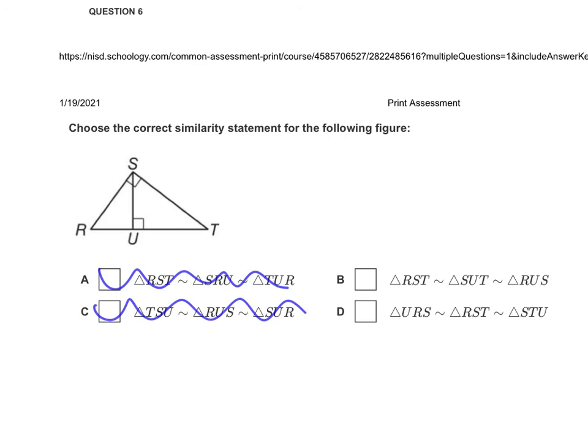Option B, we have RST, so right angle in the middle. SUT, right angle in the middle, and RUS. Okay, right angle is in the middle of all of those. And our last one, URS, so right angle first. RST, again, we don't have these right angles matched up. STU, the right angles are all in the wrong spot. So the only answer that would be possible for this last problem is